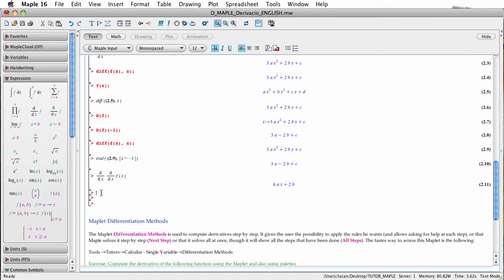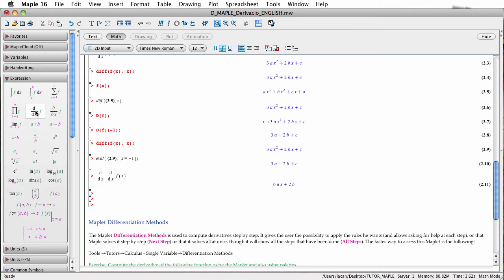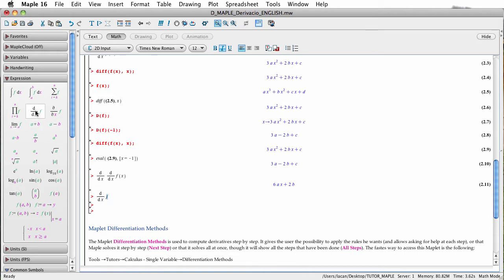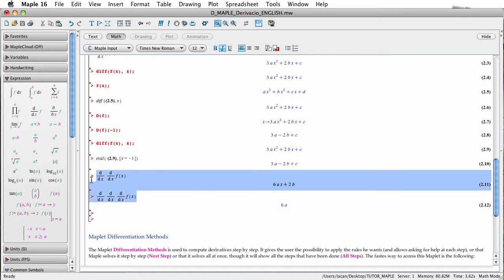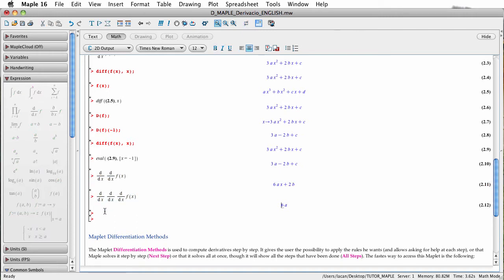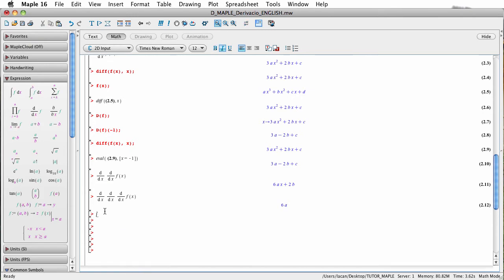What would be the third order derivative? So press F5, the derivative with respect to f, the derivative, and the derivative. Remember that from one place to another you can use the cursor. So you can use as many derivative buttons as you need from the palette, and let's see how it